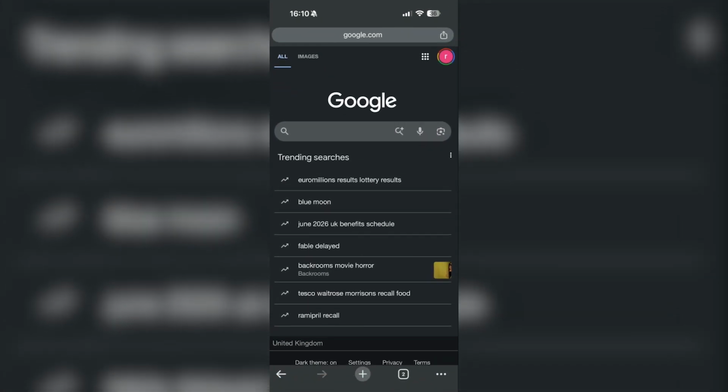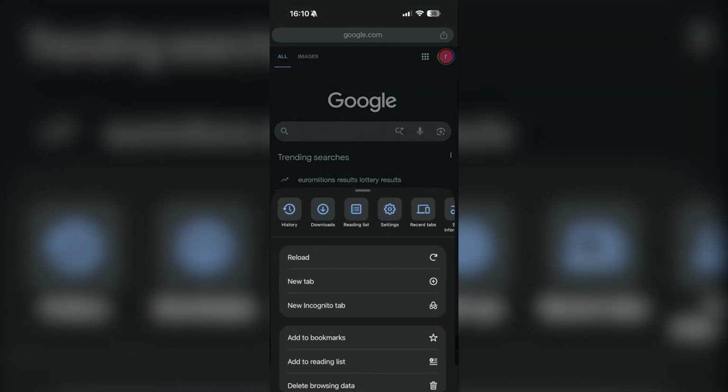So all you want to do once you're here is, on the bottom right, you're going to see the three little dots. So go ahead and click on those. Then on the top left, you're going to see History as the very first option. So just go ahead and click on that. This is going to show any of your history. And then what you want to do from this point onwards is go on the bottom left where it says